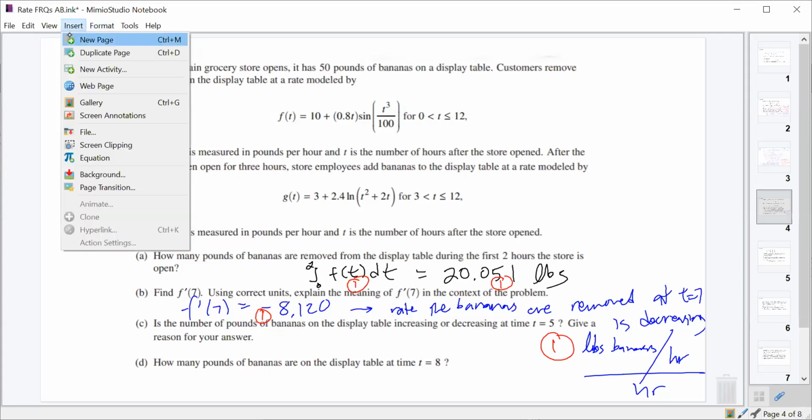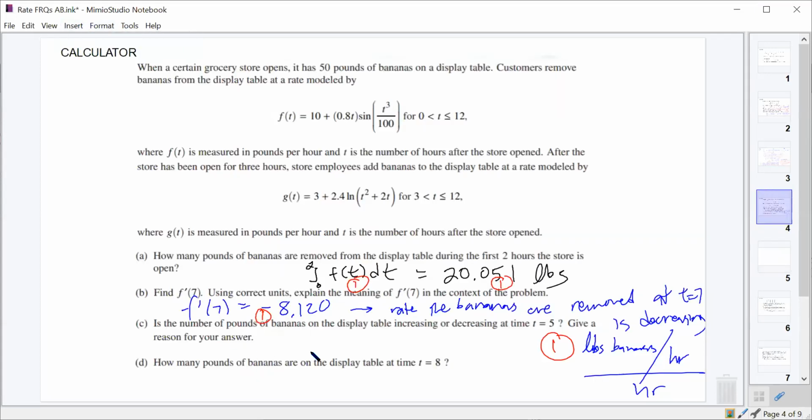Part C wants to know, is the number of pounds of bananas on the display table increasing or decreasing at t equals 5? Well, the rate at which the number of pounds is changing is F minus G, right? The rate that they're being taken, minus the... not F minus G. I had my functions backwards. G minus F, the rate they're being put on, minus the rate they're being taken off. So the rate it's changing at is G minus F,